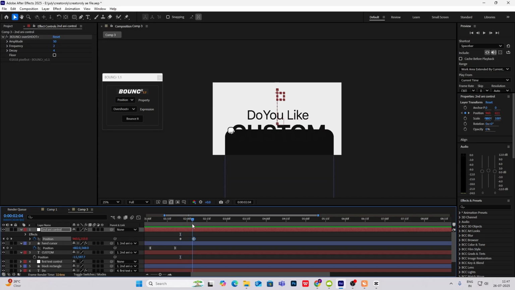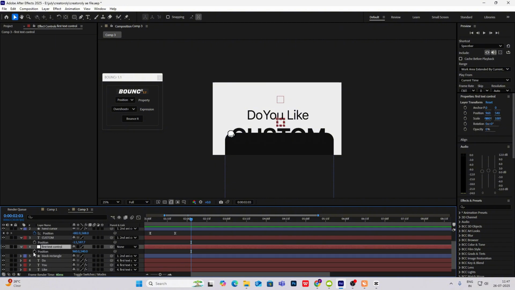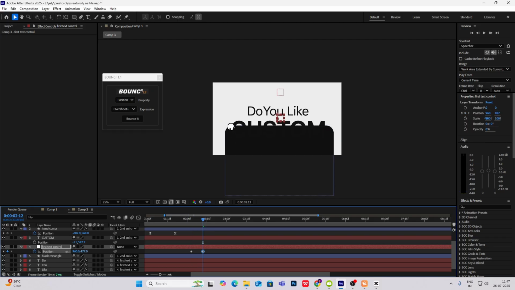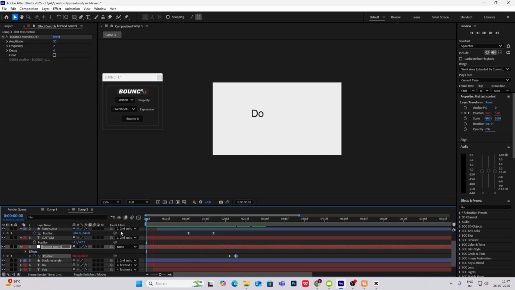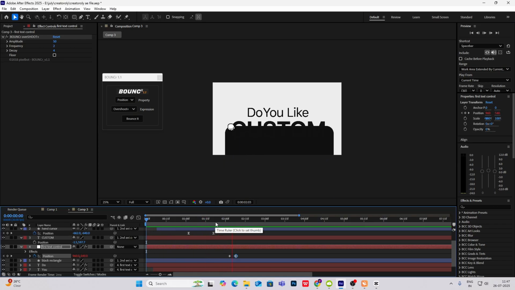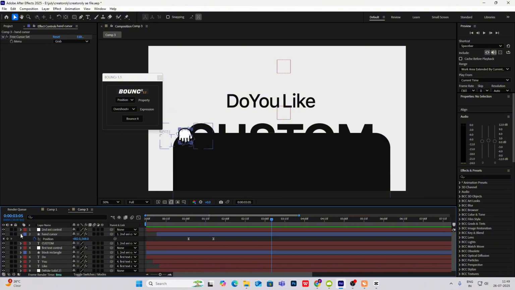Somewhere around here I'll go, and then what I'm going to do is select this first text control, P for position, go ahead and then drag this up like this. Okay, select this and then bounce it, bring this goes up. Okay, so I'll get this animation. Okay, now what we are going to do is simply